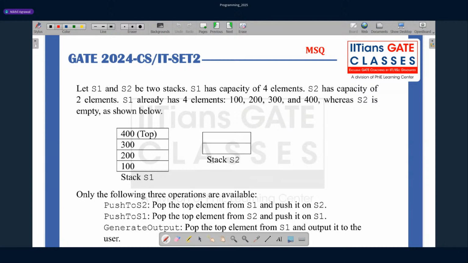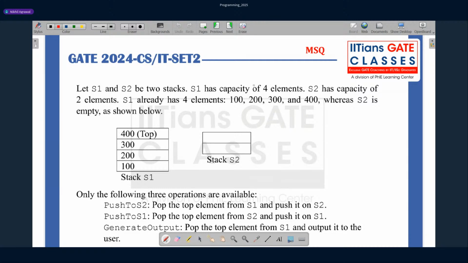So first, let's read this part of the question. The question is lengthy, and the second part is on the next slide. Okay, I hope you have read it.